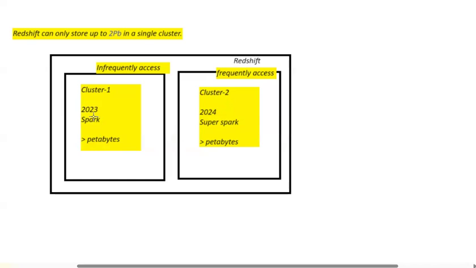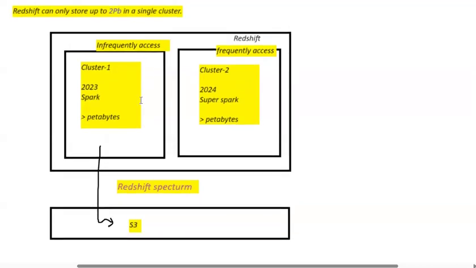Keeping this Spark version car data inside my Redshift cluster is now becoming very expensive for me. That is, it has now become a major issue. In order to overcome this issue, AWS comes with another feature in Redshift. What is that feature? Redshift Spectrum.